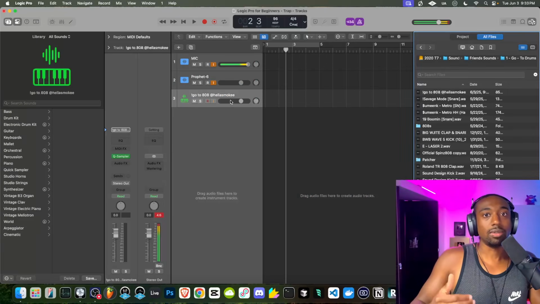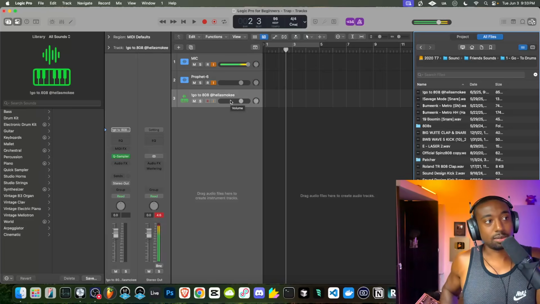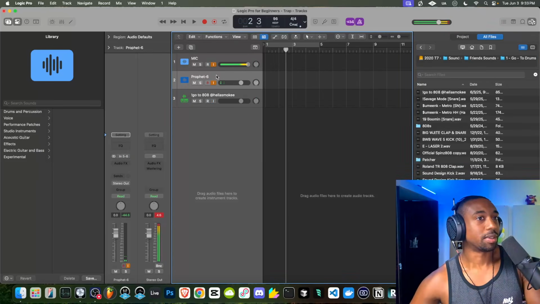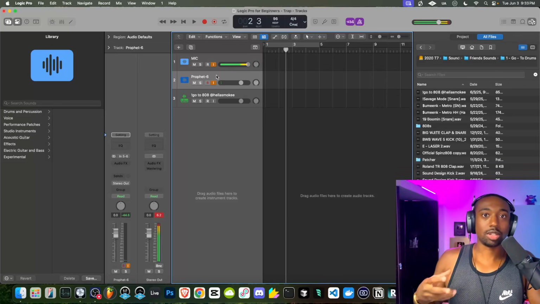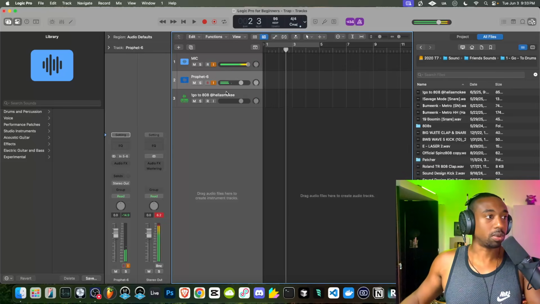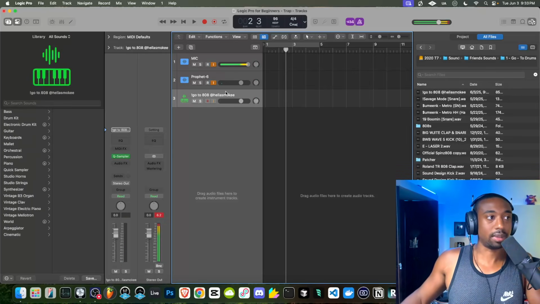Now I'm assuming you have no MIDI controller, which is the thing where I could just play my keyboard here. And of course, it doesn't want to turn on. I've got to turn it on. But I can play my keyboard and trigger notes within the DAW. I have a MIDI controller which I can use, but I'm assuming you guys don't have that. So let me show you how I do my 808s.